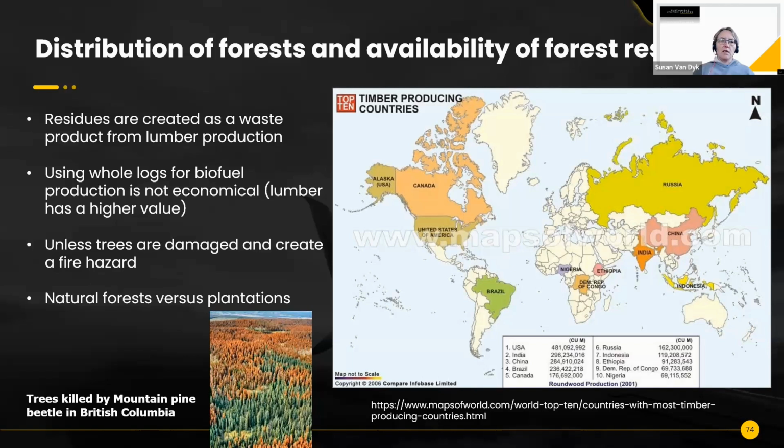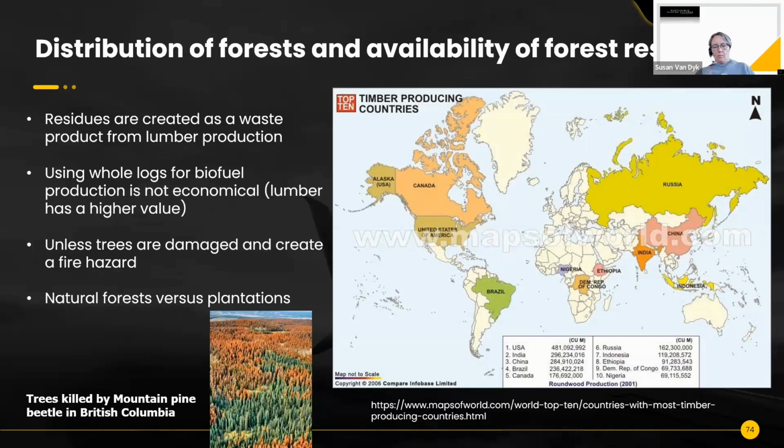If we look at forest residues, so here in Canada, Russia, and some of these other countries, we have the boreal forest, which is more softwoods, pine, spruce, and so on. Whereas in some of these other countries, you will have hardwood trees. So I think the idea is never to use the lumber for SAF production, whole logs. It's not economical in the first place, but it's also not sustainable